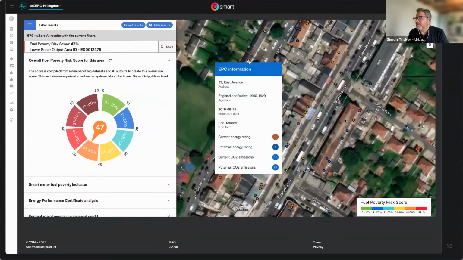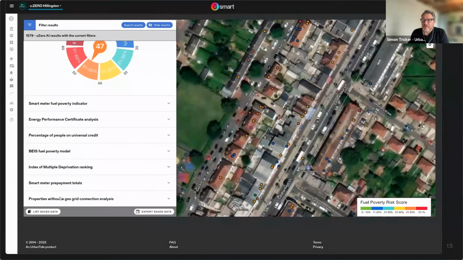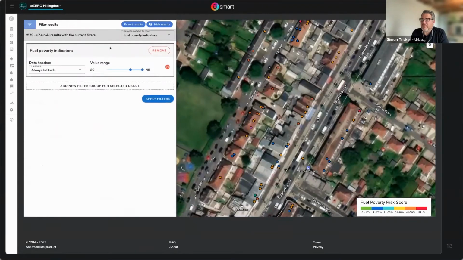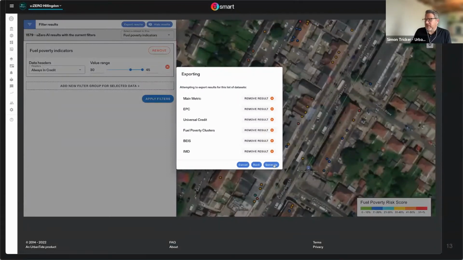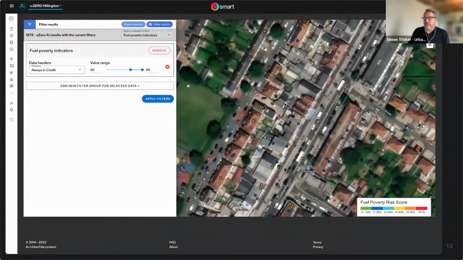And then I think the last piece of the demo allows it to save these key areas, and those key areas can then be exported out as CSVs, as well as enabling us to filter the data. We can also save out those subsets of filters. And again, a nice, quick and easy way of doing that, and also choosing which data sets you want to export out. Great, so it's just a quick demo.